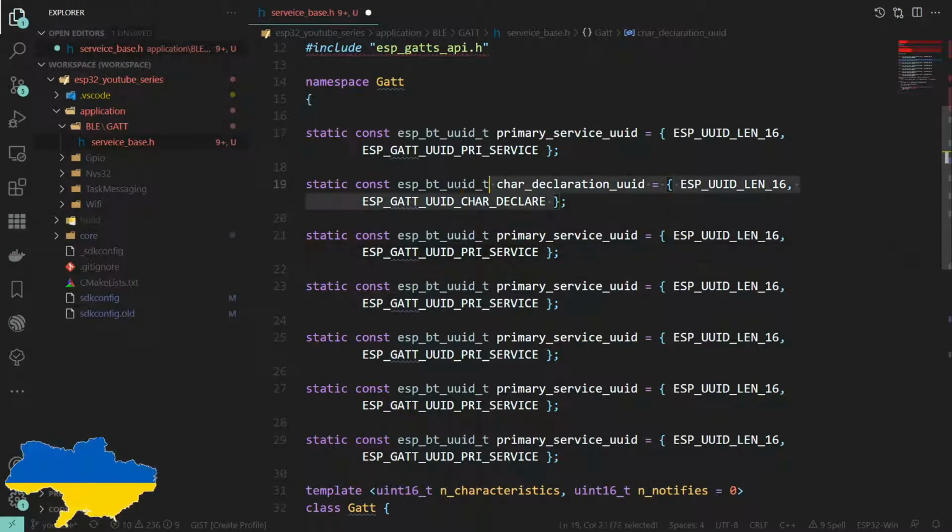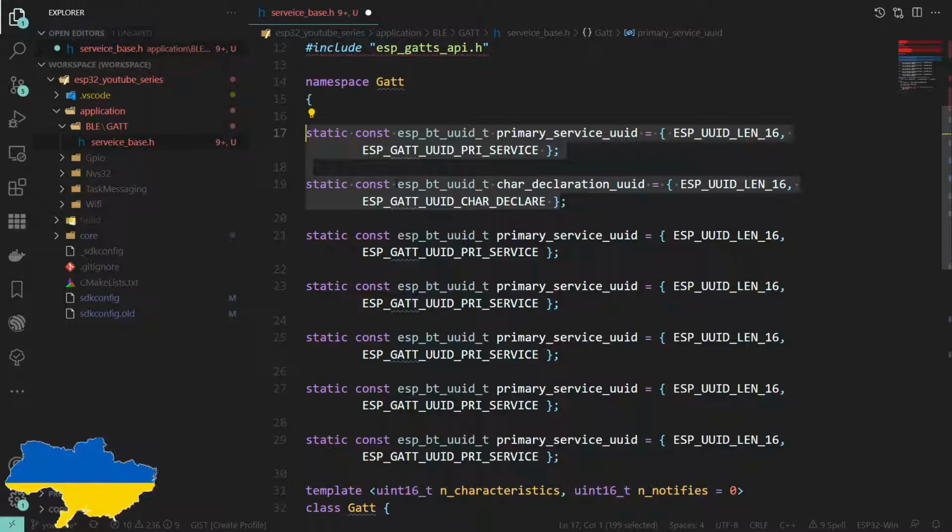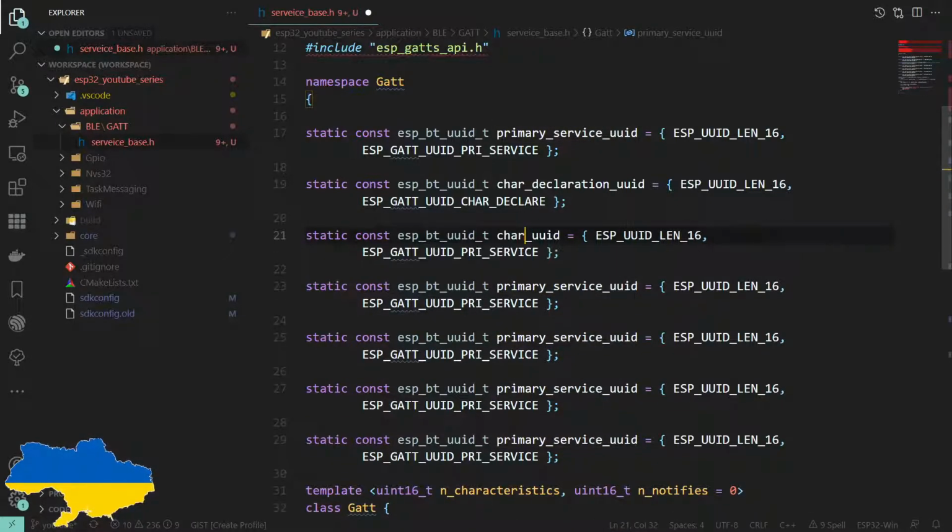I'm doing these as free sort of free variables. Well, they're not variables, free constants, globals effectively. We'll see the other way of doing this in a minute, and it's a bit of a toss-up as to whether that's better or worse, but we'll discuss that in a moment. So there's a couple of others. Let me just fill these in quickly. Client config. This is what the client uses, so your phone, to say, yes, I want to subscribe to a notification.